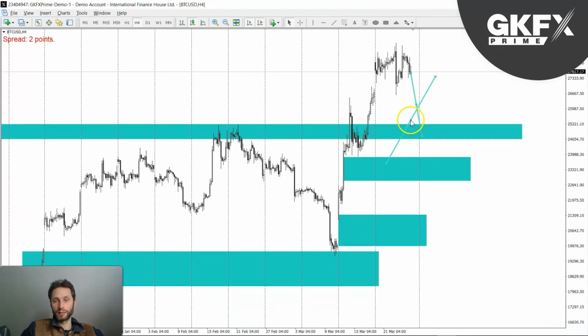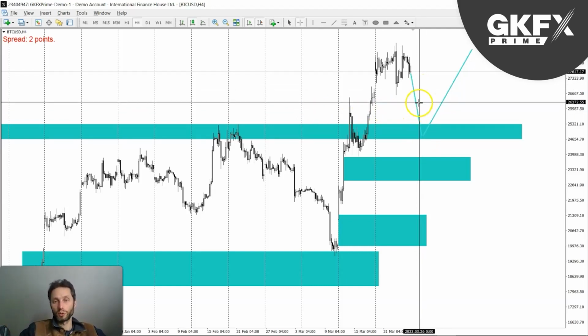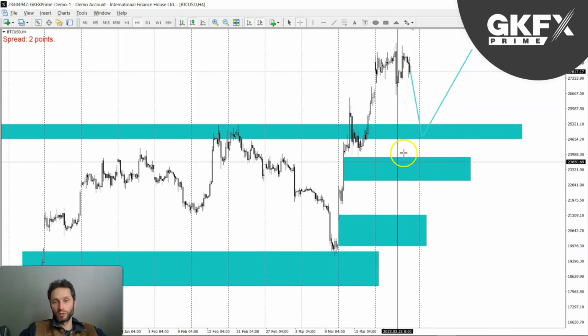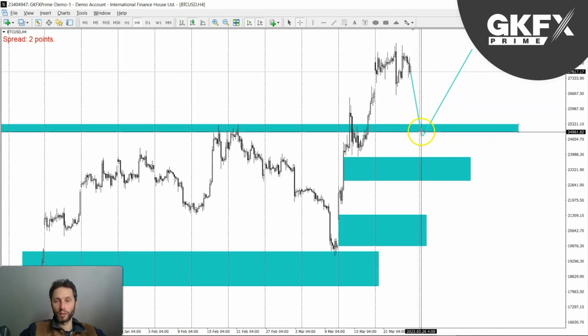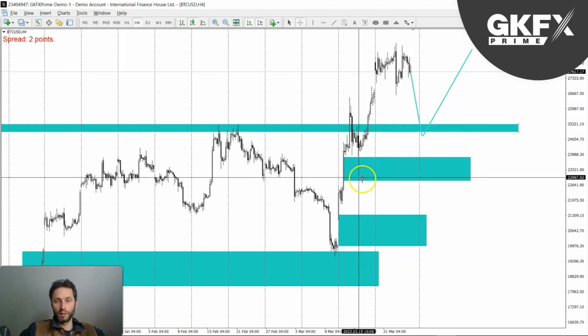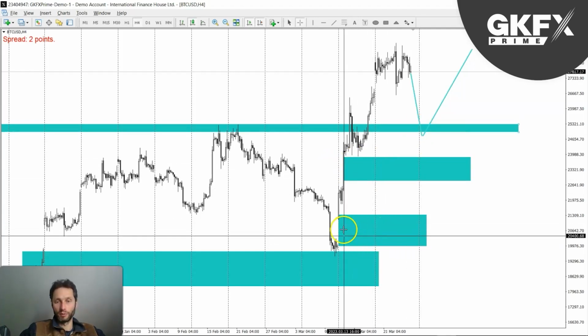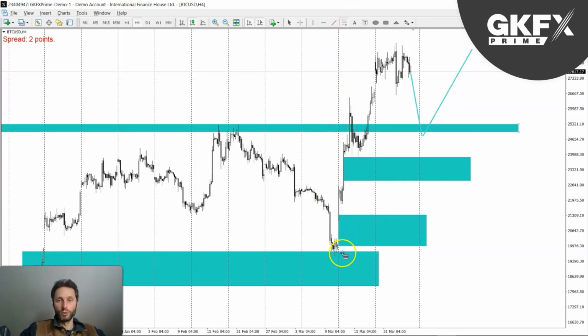Seeing as it hasn't done that yet, I'm just going to stick with the same analysis, and the situation hasn't really changed. Price action hasn't really given us anything more to indicate any difference or change, so the outlook is still the same. A possible drop lower, favoring of course the lower prices. I don't know if this will be the right area. We'll have to wait and see, but I do favor this one first of all, and then down here where this gap was left. I can draw a fib if you like.